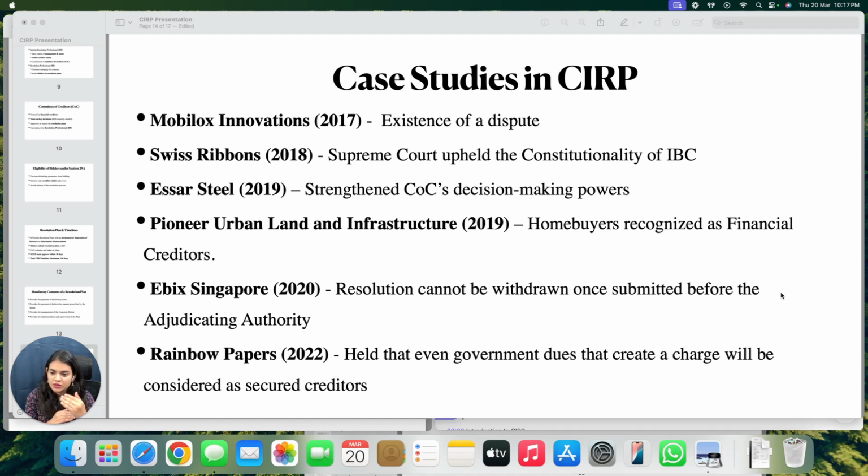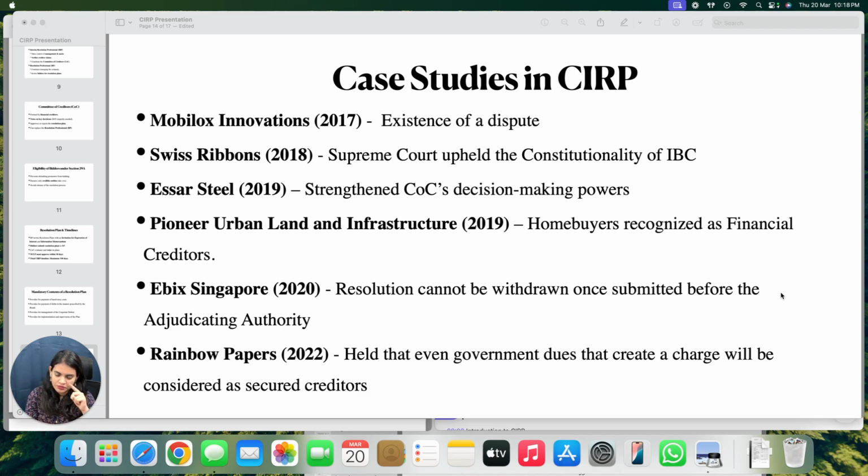It needs to have been communicated by the corporate debtor to the operational creditor. In this instance, they have made their communication, but the NCLAT was of the opinion that since no legal proceedings are pending, it may not be considered a pre-existing dispute, since nothing has been put into litigation or arbitration. However, the Supreme Court has stated that only 2 years have lapsed since